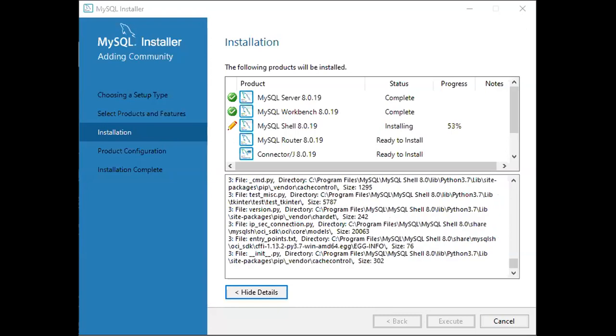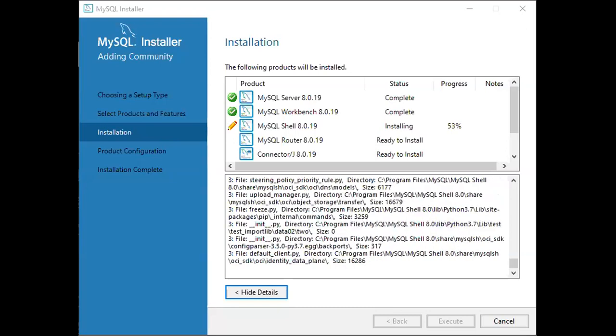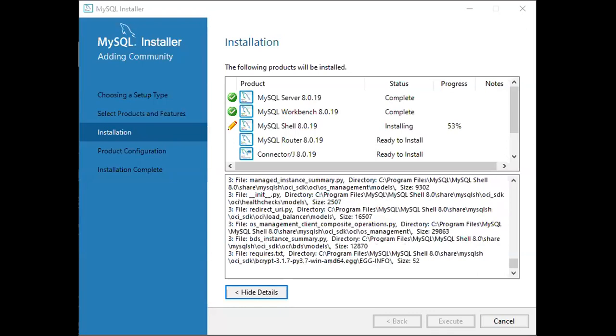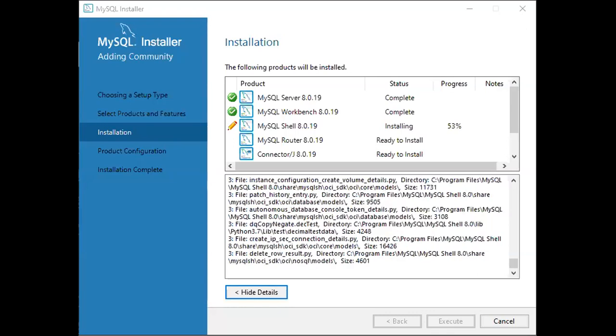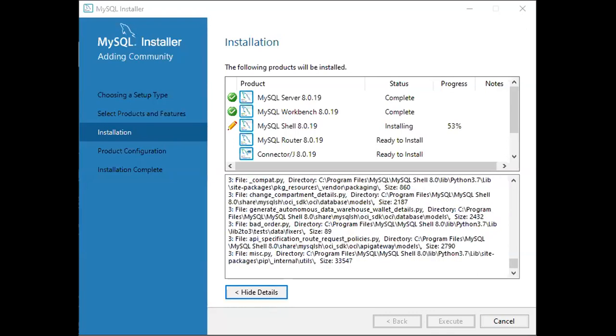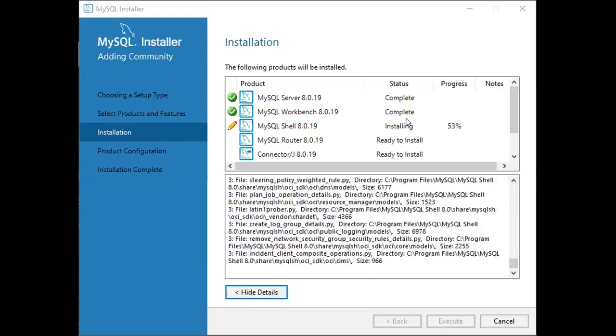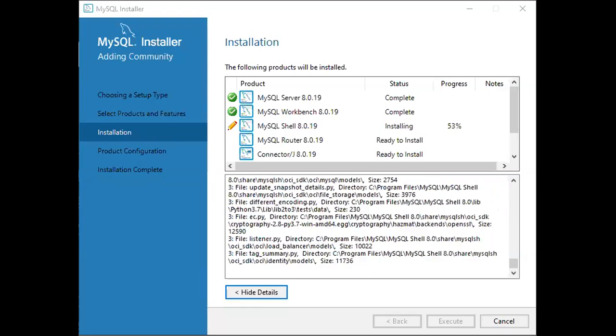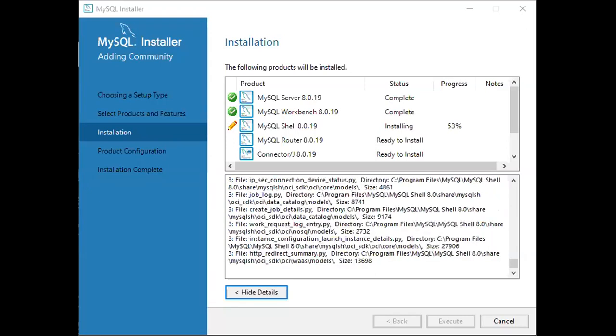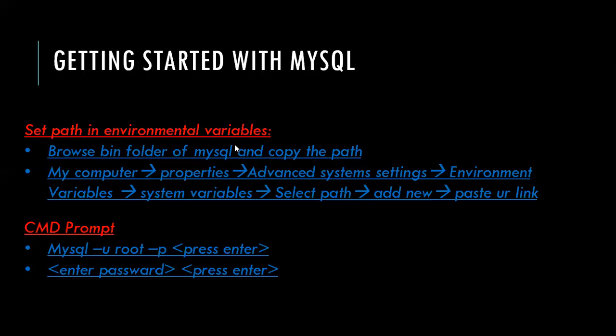Yes, Bhavana, if you have multiple servers in your system, definitely it will become very slow. So Trupti madam, you want the PPT? Okay.